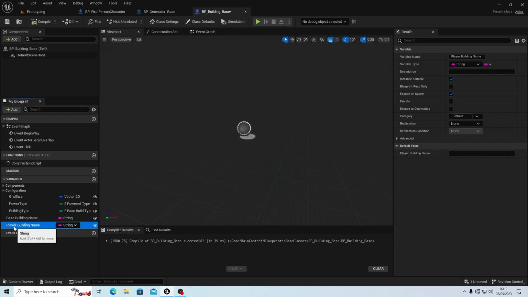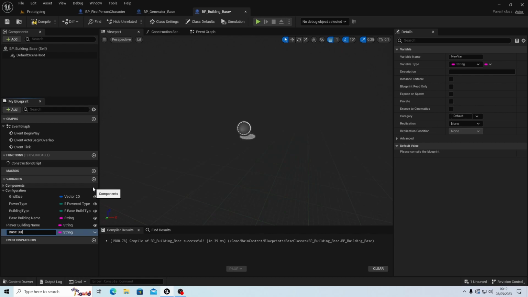Now what I'm also considering putting in here, so these are going to be configuration. This one here is going to be editable configuration, I would say. So this one, let's put this in configuration, and we'll leave that one for now. I've got to think of a section name for that, because there's going to be other things that the player can change. There will be a description as well, so let's add in